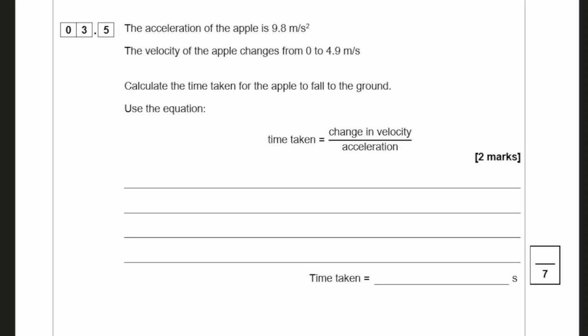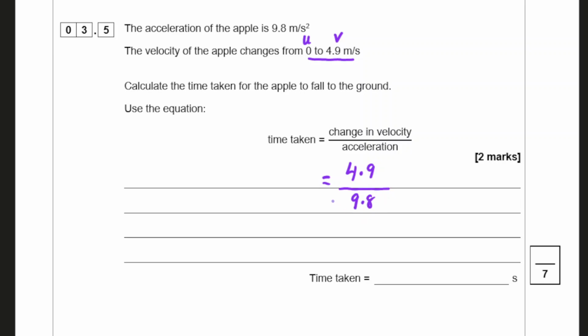The acceleration of the apple is 9.8 meters per second squared. The velocity of the apple changes from 0 to 4.9. So that's my U, the initial velocity. This is my final velocity. Calculate the time taken for the apple to fall to the ground. So I can find the change in velocity. It's gone from 0 to 4.9. So the change is 4.9, divided by acceleration, which is